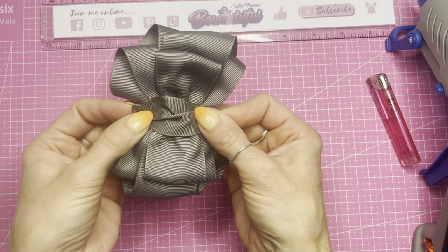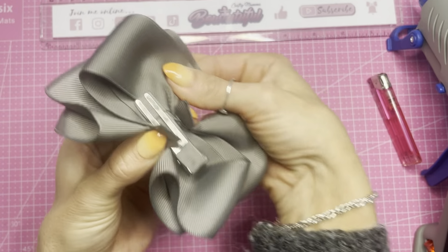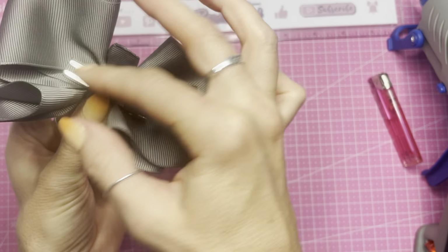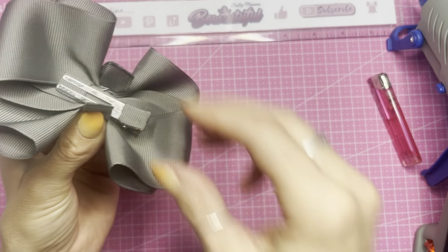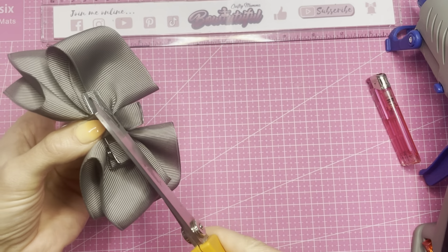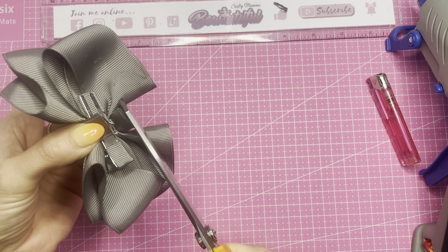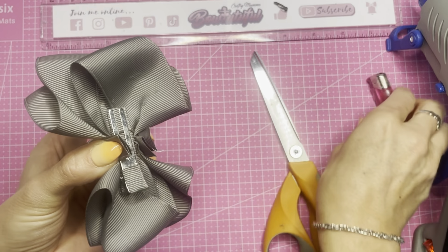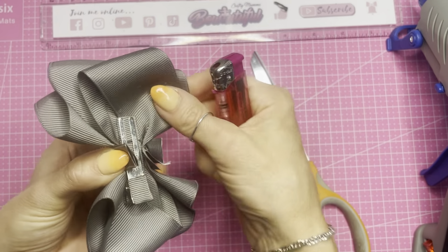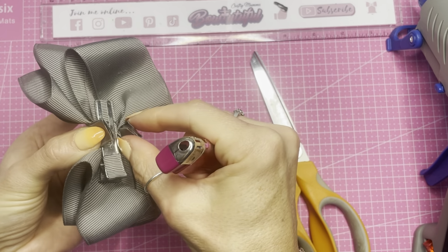Want to make sure that it is central before I glue it down, which it is. Yeah, so I probably would have gotten away with the 6 centimeters, but we've just got that little bit extra to play with now. I might just trim a little bit off actually, but like I said before, I'd rather cut it slightly too long and have a little bit to cut off than have it too short, because you can't add on, and obviously I need to then rebond those fibres. So just melting those fibres and just give it a pinch,